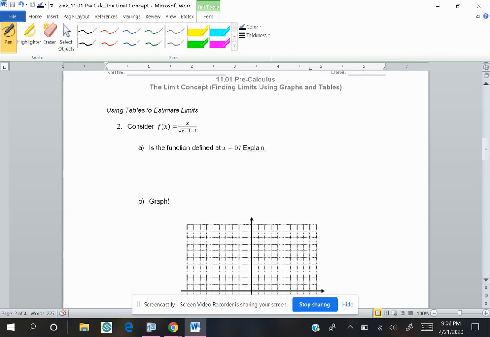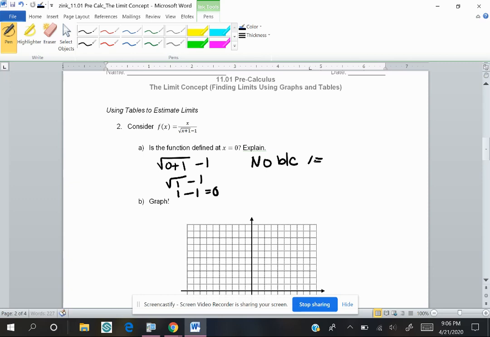Well, in order to be defined, we can't have a 0 in the denominator. So let's take a look at our denominator. Let's put 0 in for x. 0 plus 1 is 1. The square root of 1 is 1. 1 minus 1 is 0. So no,